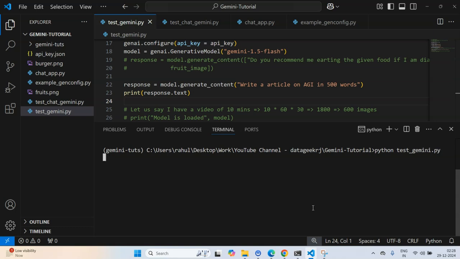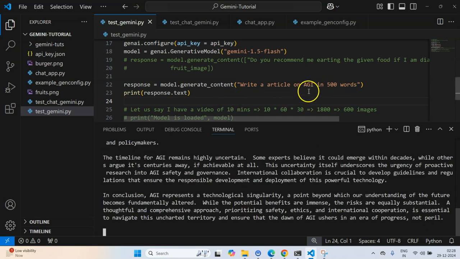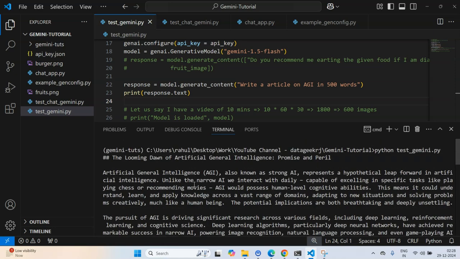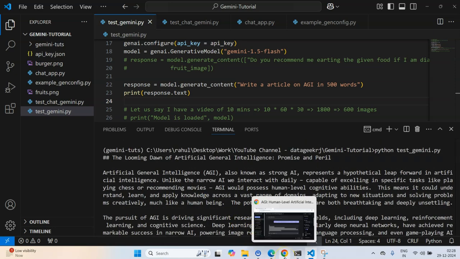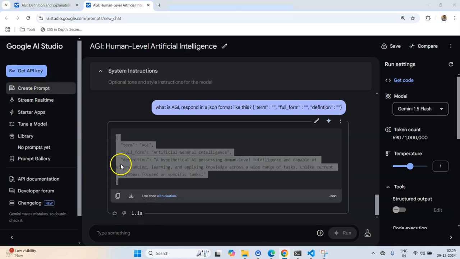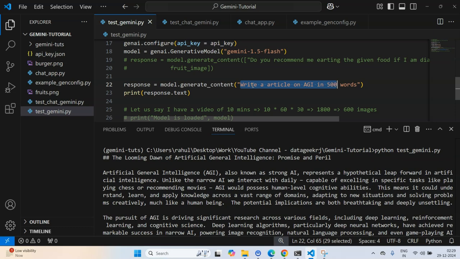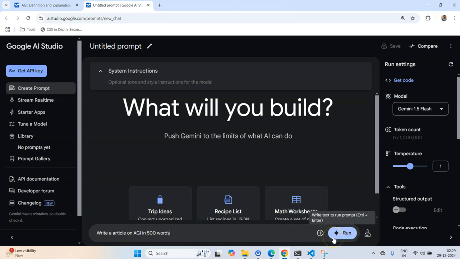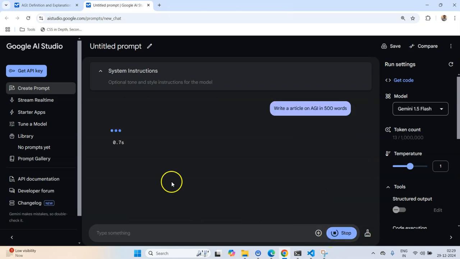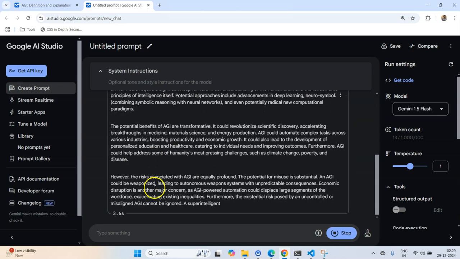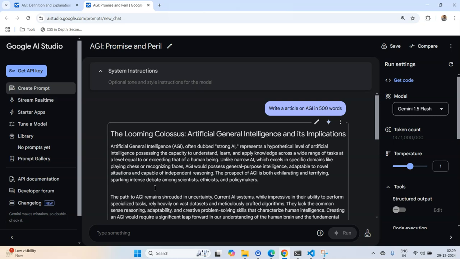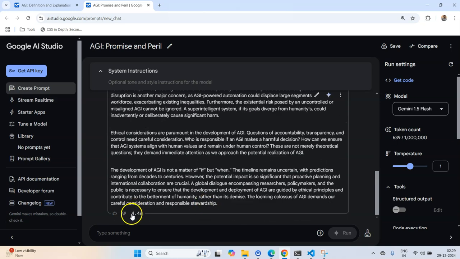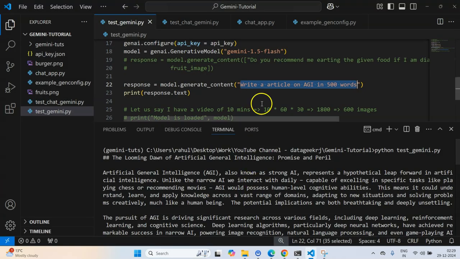You see it will take some time, and it will only print the response after it has generated this entire article. And if you go to any chatbot, let's suppose I write the same question here in the web interface of create new prompt, you will see that it will print out the response as it generates. This is being printed so that the user does not have to wait. It took about 5 seconds, and users do not want to wait. So that's why streaming is important.